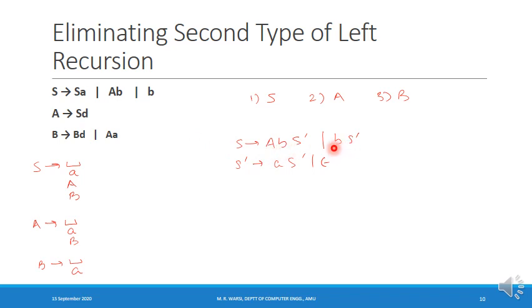So the new production that we obtain is capital A derives capital A small b S dash and small d, and a small b S dash and a small d. So the production got replaced with these two productions. Now when you examine, the right hand side beginning with capital A is the case of immediate left recursion, and the right hand side beginning with the terminal symbol has no issue. So we'll now eliminate this immediate left recursion.